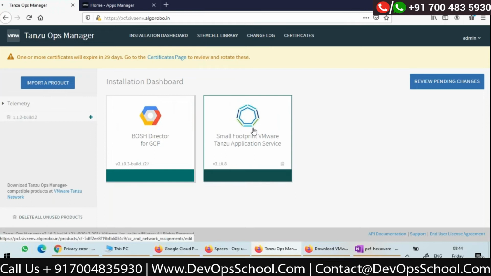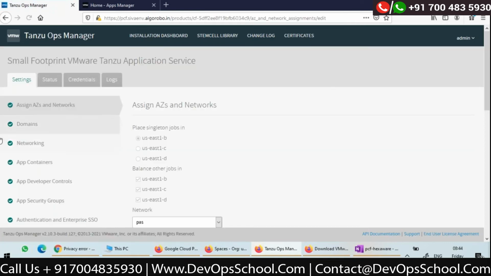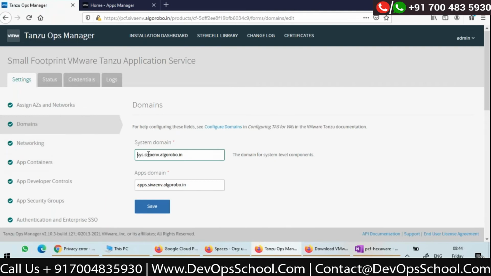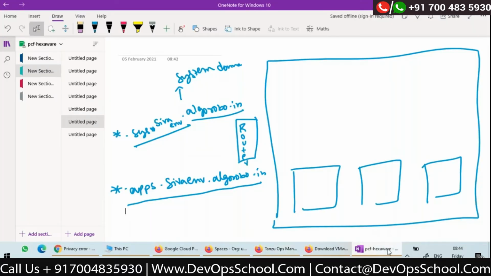In the small footprint PAS tile, Pivotal Application Service, here I have specified the domains. sys.siva-env.algorobo.in. This is going to be my system domain. apps.siva-env.algorobo.in. This is going to be my apps domain, right? So now, once the installation is done, all the VMs like Cloud Controller VM, CC Bridge, BBS, Auctioneer, Converger, all